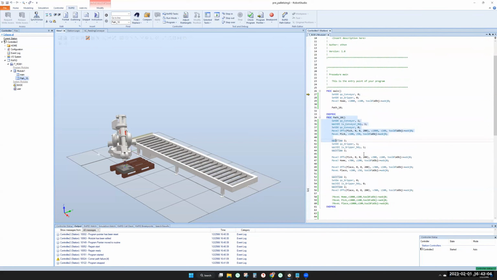So in the next video, I'm going to teach you the first method, where we write each procedure for each part, and we're going to improve the readability. We're going to introduce you to variables, which you can use to count the parts, and use a while loop to control the sequence